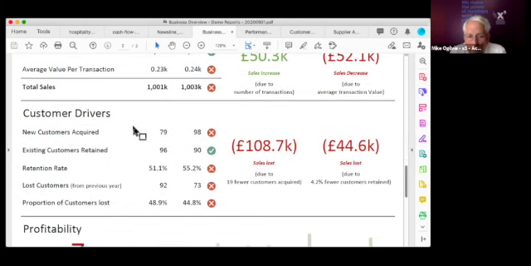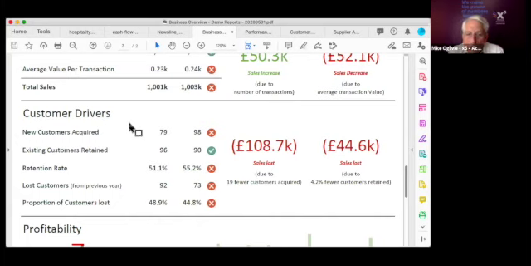Then we look at the customer drivers and we actually interrogate how many customers have been set up. Obviously, if I was analyzing your software, if you just post sales and you don't put all your invoices down there that you post to your customers, the software I use now goes and looks at the number of invoices that you're posting to your customers and the number of times you're raising an invoice, so that each time is a transaction.